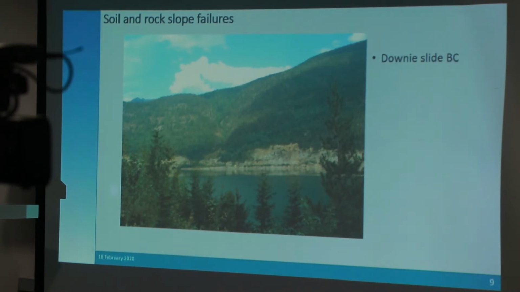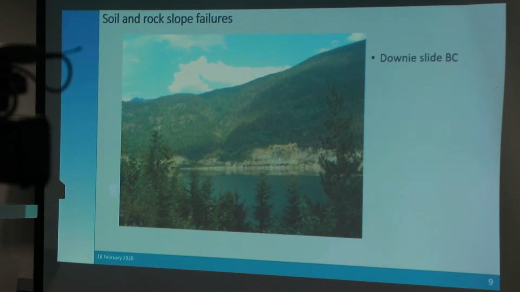And this one is the left bank of one of the biggest reservoirs, that's Revelstoke Dam. It's also in BC, Canada. That's a 165 meter high concrete dam, and it generates 2400 megawatts. So it's a big one. And this slide was just recently found to be moving, but at a very slow rate, less than 1, or maybe 1 to 2 millimeters per year. And they started to monitor it.